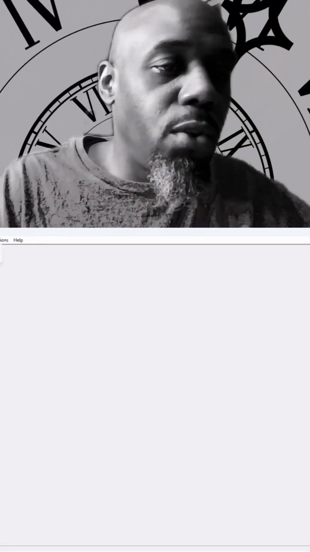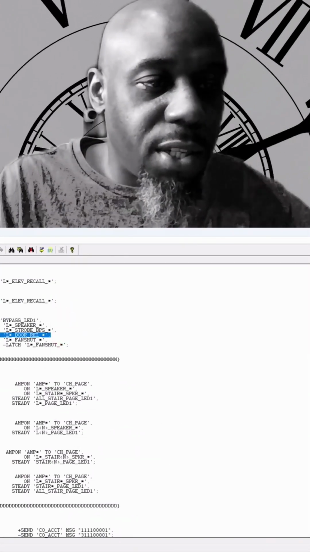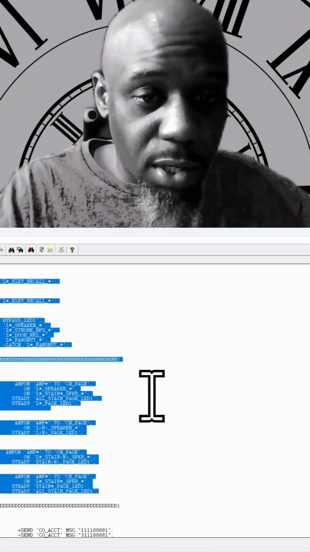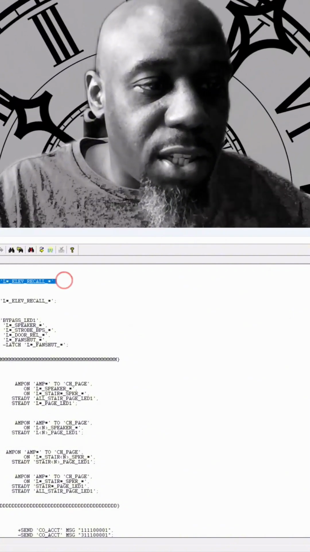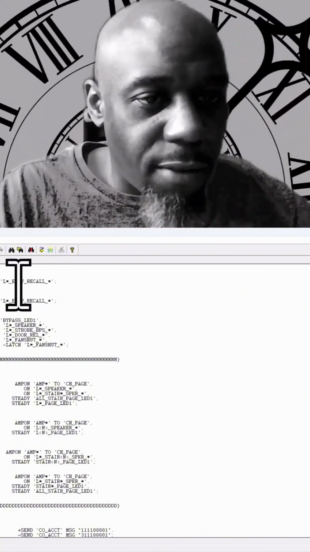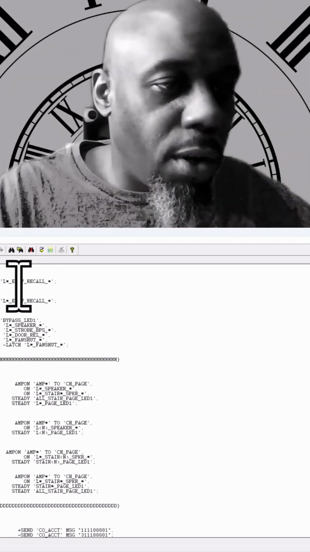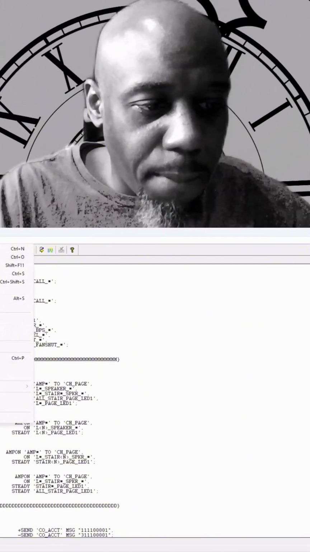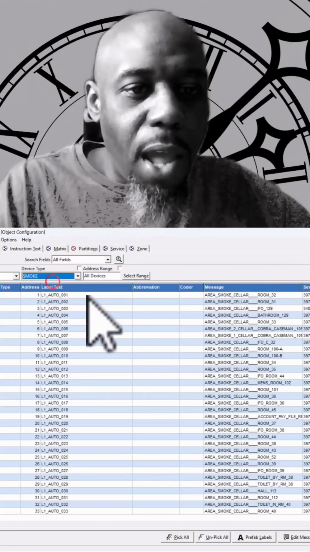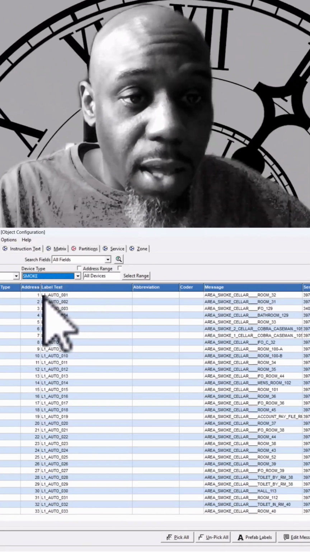So now we just compiled the rules. It took all of these letters, all of these characters, and turned them into zeros and ones that the computer can understand. To further understand what this rule is doing, we have this auto elevator recall. We have a vague message here with a bunch of stars, wildcards, to do more than one thing. So if we X out of here and go into configure objects, now let's just type in smoke, and you see it says L1 auto 001. So instead of me writing L1 auto